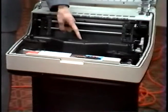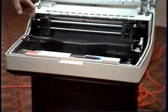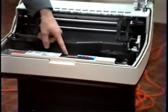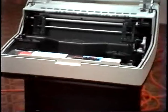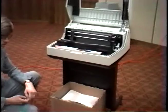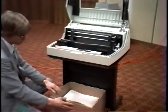Also is a ribbon decal loading procedure, and a decal here for setting top of forms. In addition, there is an operator's panel inside the printer with the digital data display, which is used for setting top of forms. The three items for operating the printer are loading paper, setting top of forms, and changing ribbon. Now, let's go into loading the paper. To load paper, locate the box of paper in front of the printer,